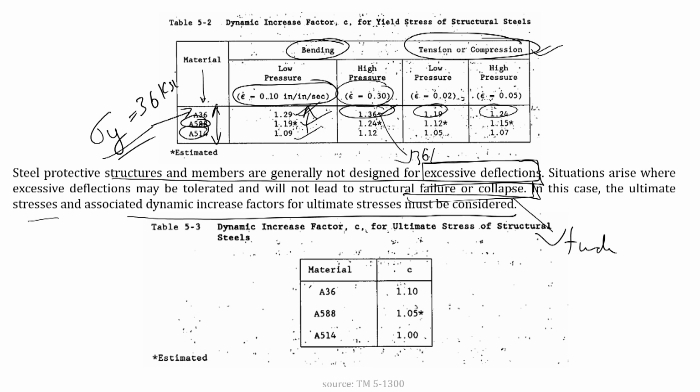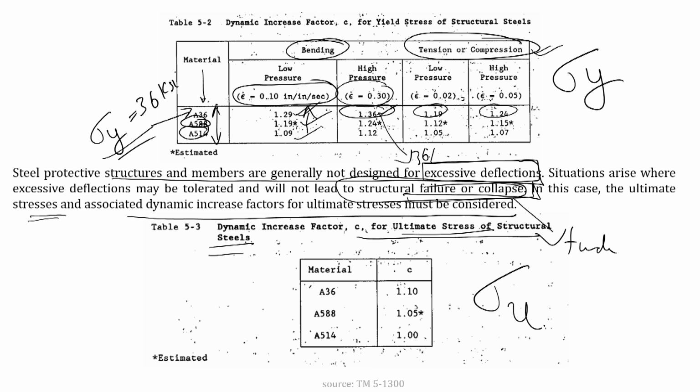It means that when we are allowing the excessive deflections, the increase in the ultimate stresses might be considered. So, these are the factors for increase in the ultimate stresses. This was the factor for the yield stress. This is the factor increase for the ultimate stress. Again, we can see that this factor is not large. The maximum increase allowed is maybe 10% for the A36 type of steel. These are the allowable increases in the stresses for the different scenarios depending upon the different grades of steel that are being used.